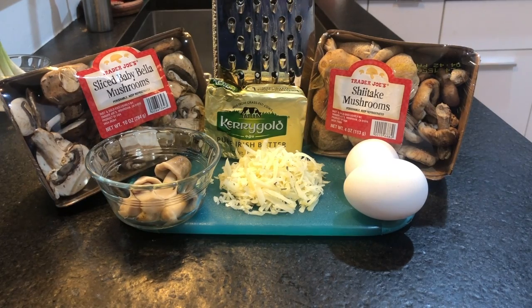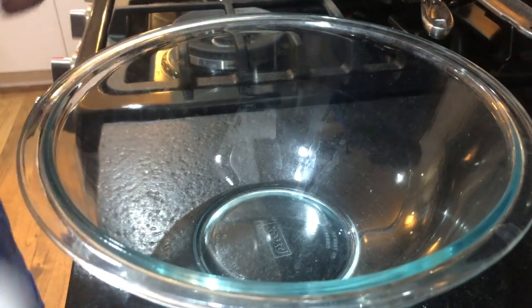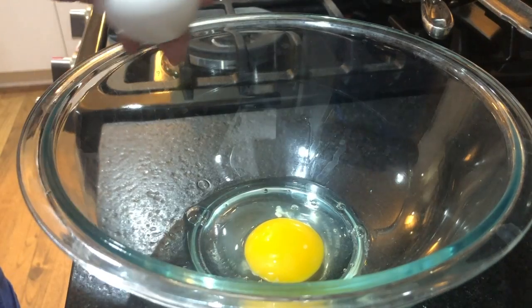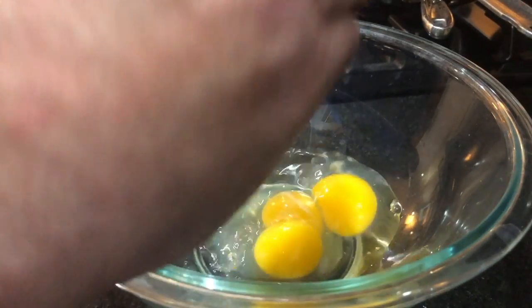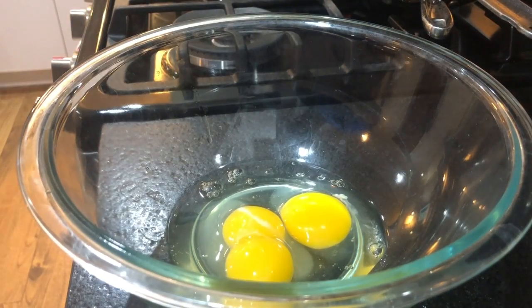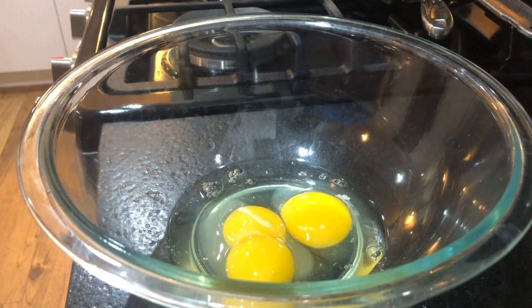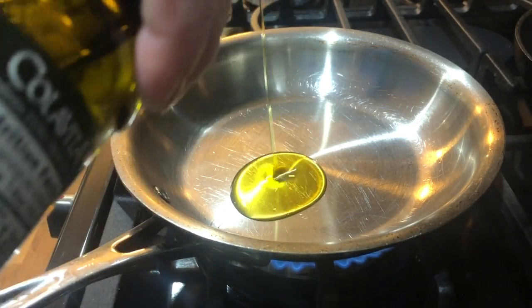Let's get going. Okay, first thing I'm going to do is crack the 2 eggs into the bowl. No shells. Oh, a double yolk. Good luck today. And set this off to the side. Okay, now I'm going to light the frying pan, get it up to temperature, and add a couple of drops of olive oil